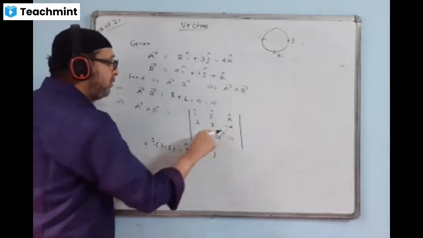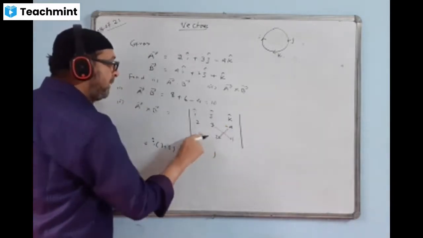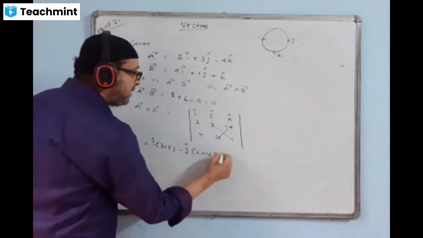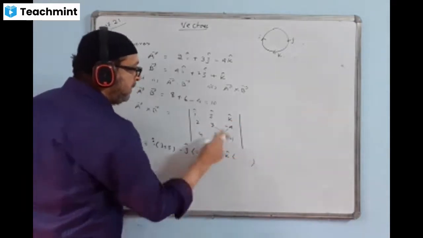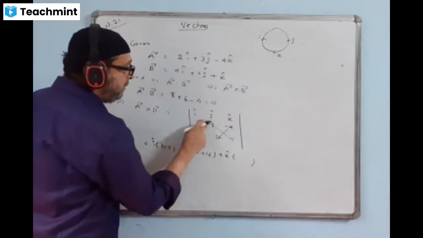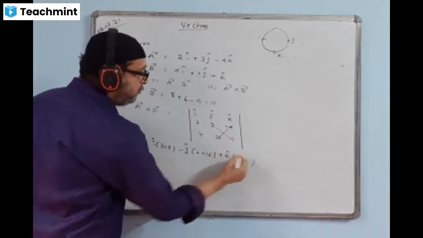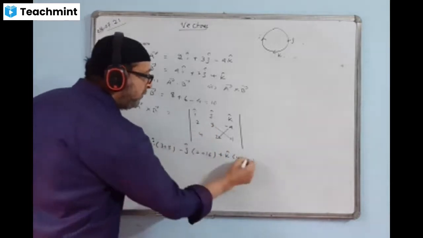Now I'll multiply this corner. Minus 4 minus 16, then this sign will change to plus 16. And at last I will write k. When you write k, then you have to take 1, 2, 3, 4 things from the top. You will start: 2 2s are 4. Put a minus sign. 3 4s are 12.